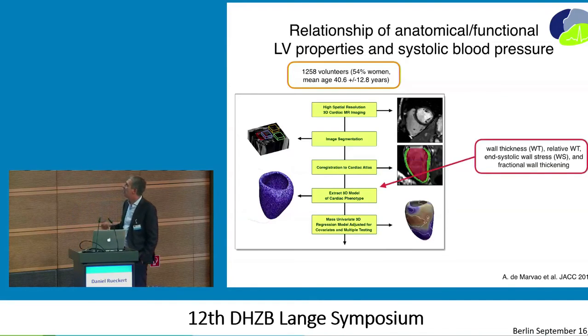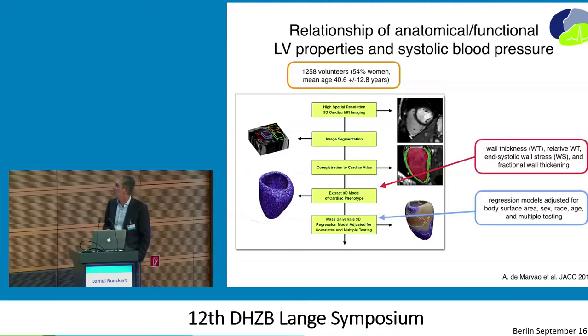And what we can then do is, for every mesh point, compute phenotypic features: wall thickness, for example, relative wall thickness, wall stress, and so on. We now have that for every mesh point, and we have correspondences across all mesh points. So now we can do statistical testing, for example, using regression models where we can